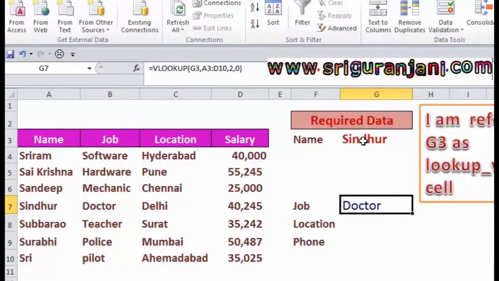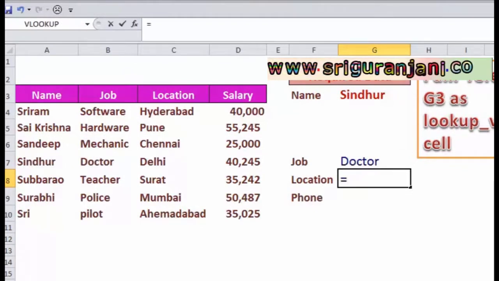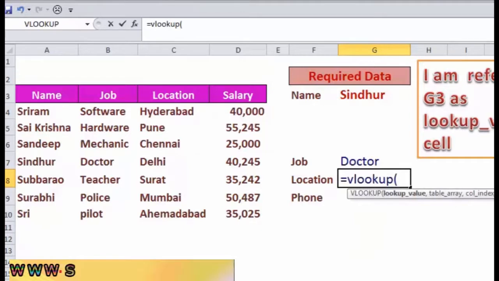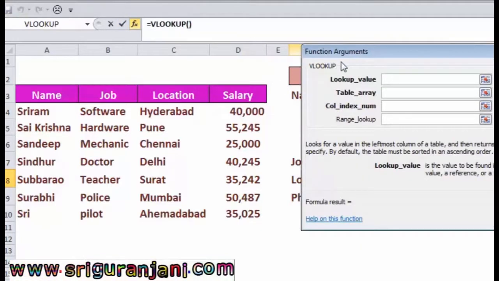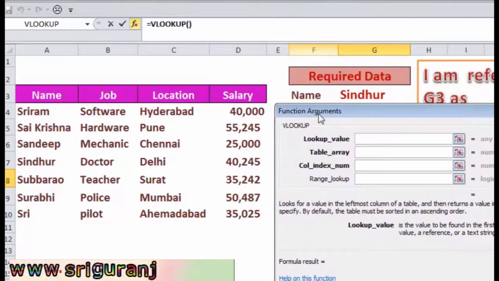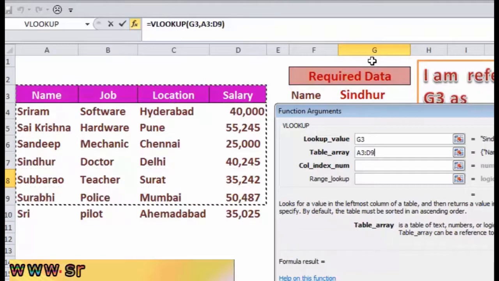Now I am creating the formula for location: equal to VLOOKUP. Again I am referring to the G3 cell for the lookup value field. I am selecting the entire table.